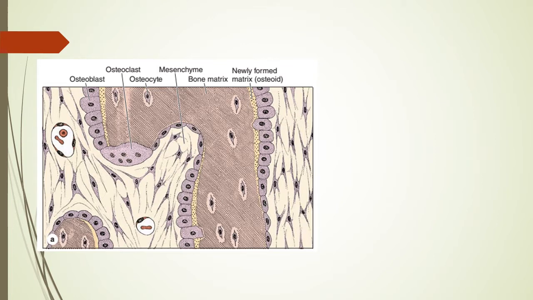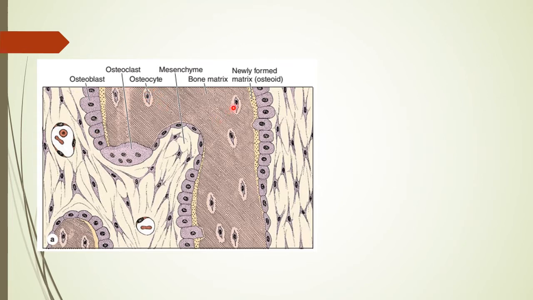Let's see in this image how the osteoblasts look. In this diagram, this region is a mesenchymal tissue, and also this is a mesenchymal tissue. This is the bone tissue. In the bone tissue, we'll find the osteoblast at the surface of the bone matrix. This bone matrix in the middle. And the osteoblast is found at the surface near the mesenchymal tissue. This is the osteoblast.